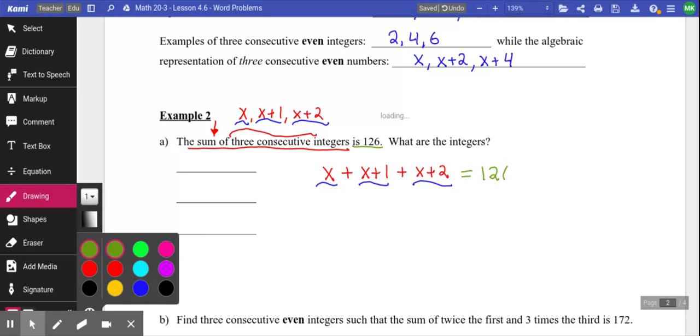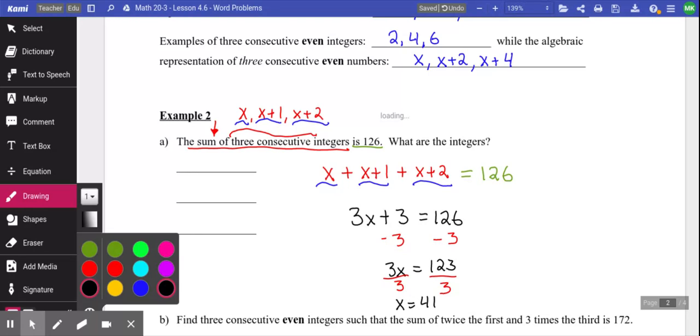means equals 126. To solve these, we collect all of our like terms. So all those x's would combine to be 3x, and then plus 3 equals 126. We're going to subtract our 3 over to get 3x by itself equals 123. And we're going to divide both sides by 3. Again, if you're struggling with the solving part to get x equals 41,